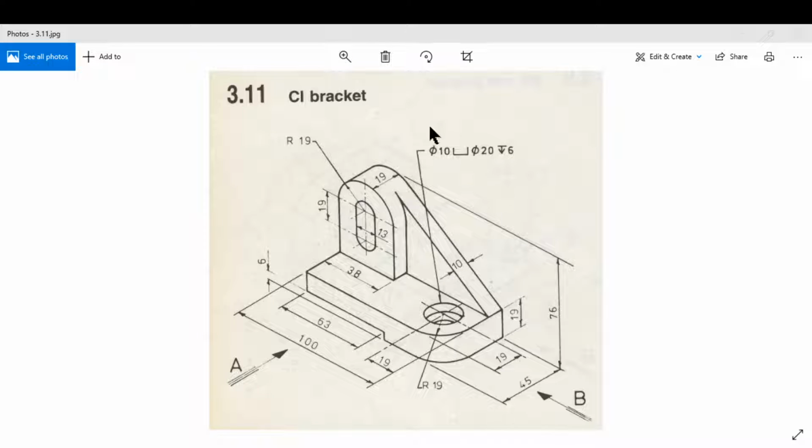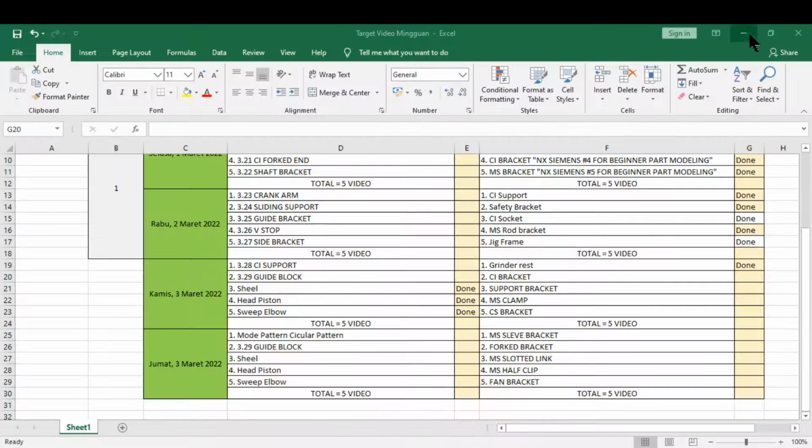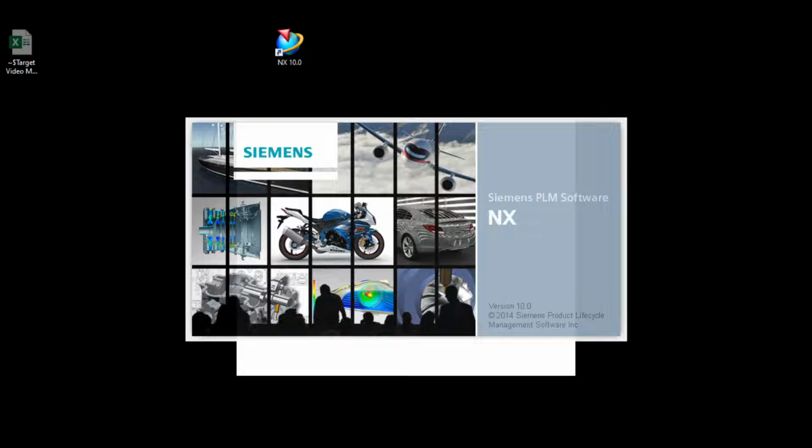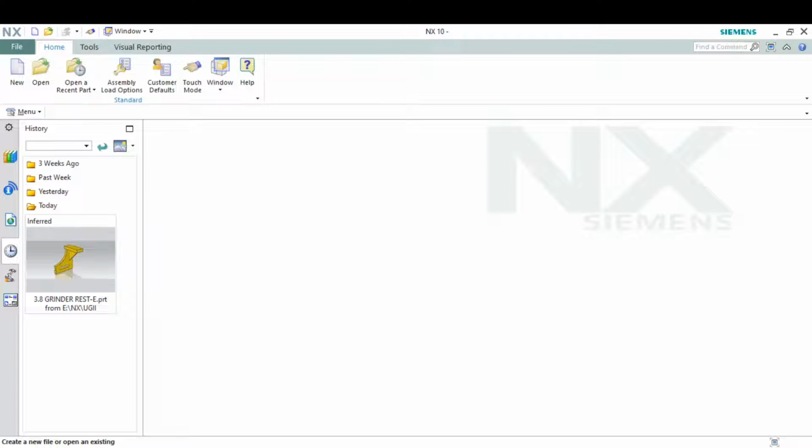Today I'm going to make this CI bracket with the NX Siemens CAD software. Okay, we are going to open NX Siemens. Click twice and then click new,